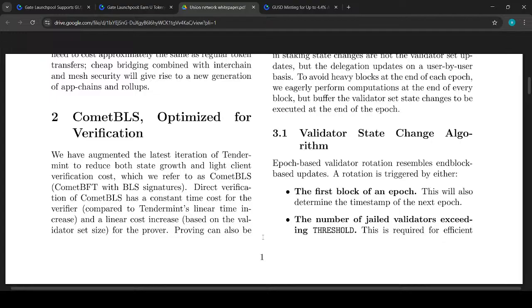So Comet BLS optimizes the verification. We have the argument that the largest interpretation of the trade reduces the growth of the light client verification cost. Which refers to the commit of the BLS direction, and this verification into the commit of the constant time. The verification of the trade is linear in time and linear in cost on the increasing base, and this addition of the size of the power providing can also be